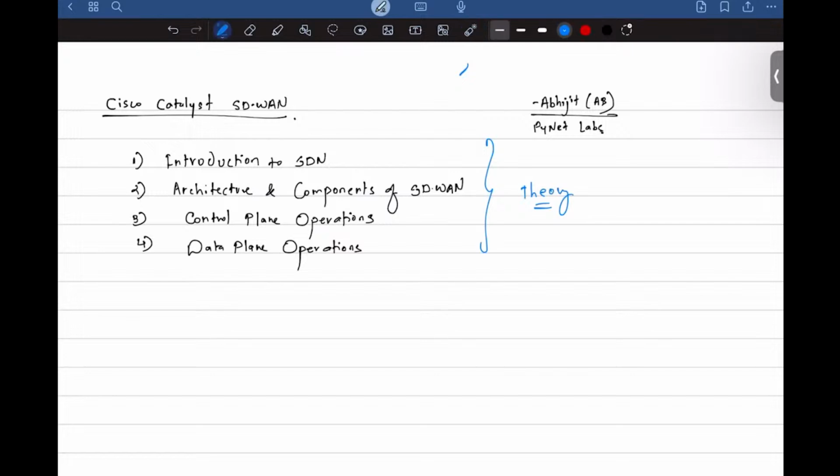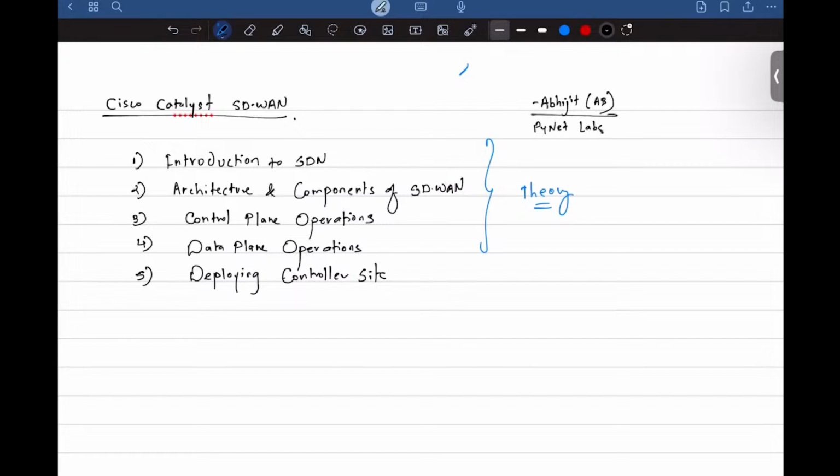And post that, we jump into the labs part, where we will try deploying the controller side, right? Where we will set up the manager, we will set up the validator and the controller, right? Or you can say vSmart, vManager, and vBond for now.